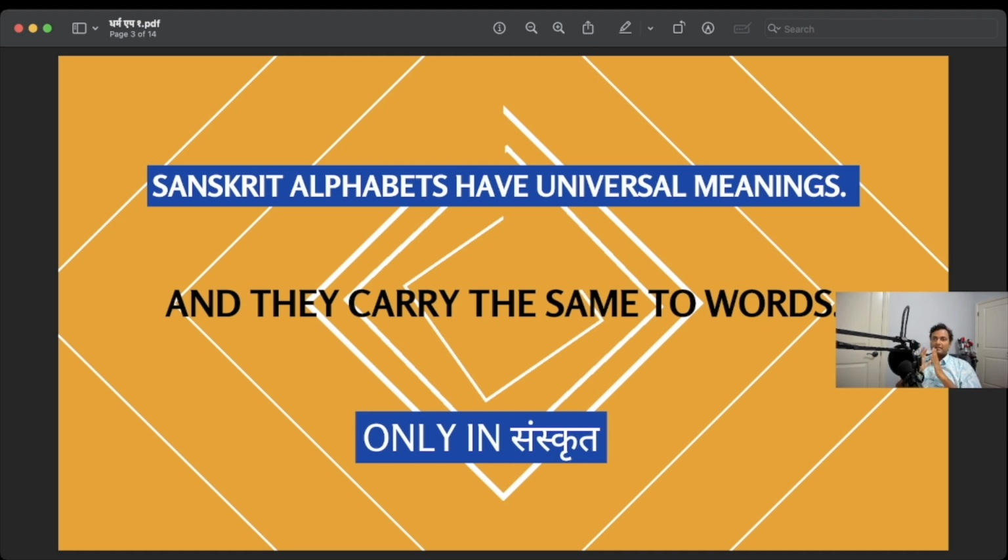Sanskrit is a pure language, created in the land of Bharat Khanda and created by some higher form, where every alphabet has a meaning, and the same meaning carries over to the words, and then the words and sentences and all those things. And that's why it is important to learn Sanskrit, because it is not just about karma kand and puja.